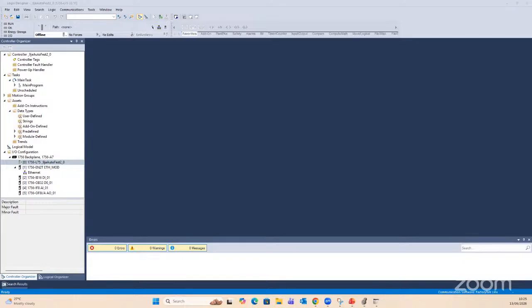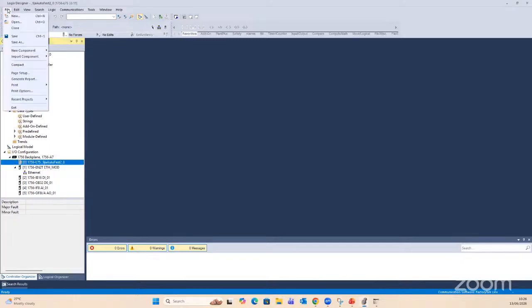But before we get there, how do you connect to your PLC on field, right? How do you connect to your PLC on field? So when you look at the top of your logic designer, you have